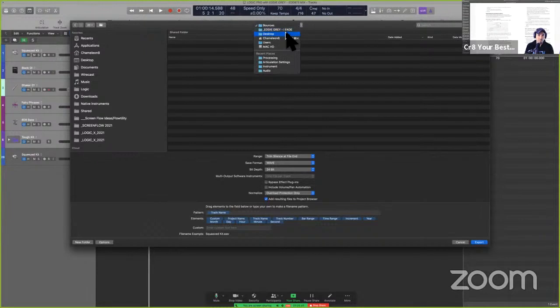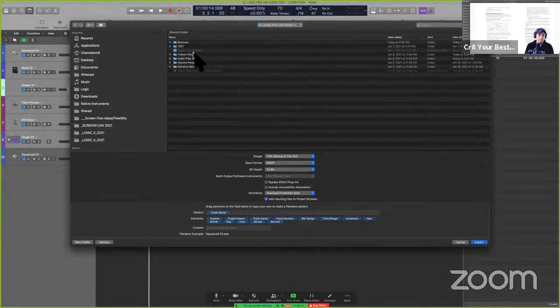Wait a minute, is that the wrong? No, that was the wrong one. This one. Bounces wet. Good. Let's see here. Normalize always off unless, like we talked about before, if it's too quiet, then I don't want to include these in my project, the one I'm currently working on. And let's go through the